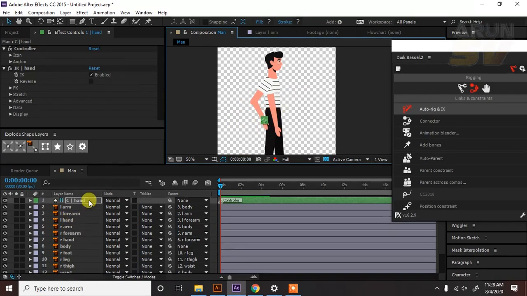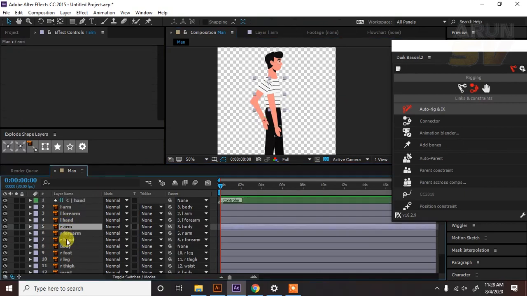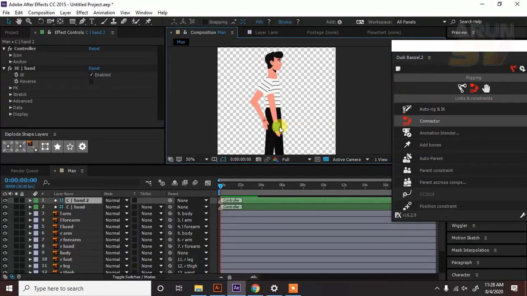Likewise, we do the right side of the hand. So select right arm, right forearm and right hand, the three layers, then simply click auto rig and IK. We get the layers for the right side also.